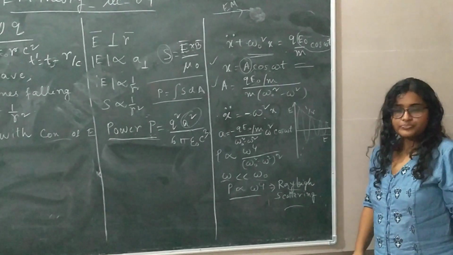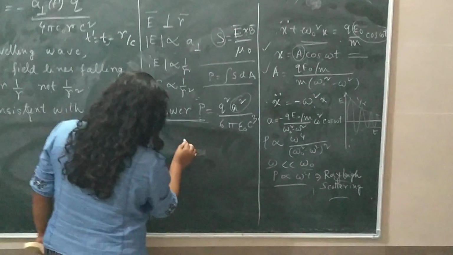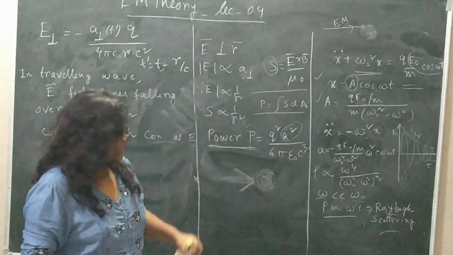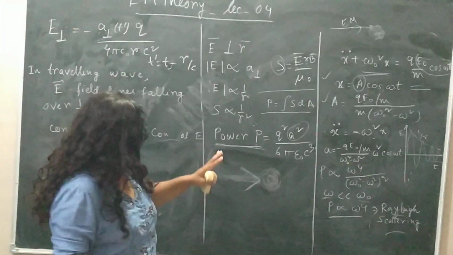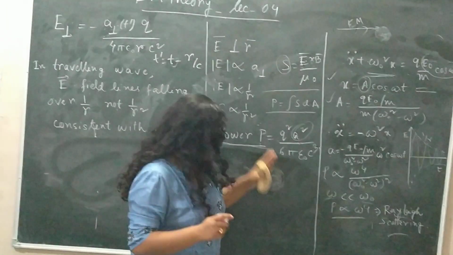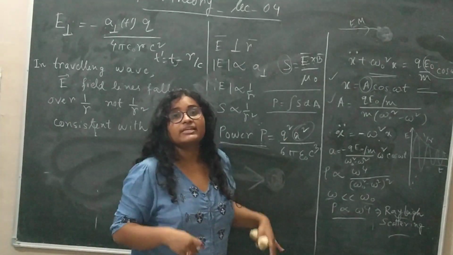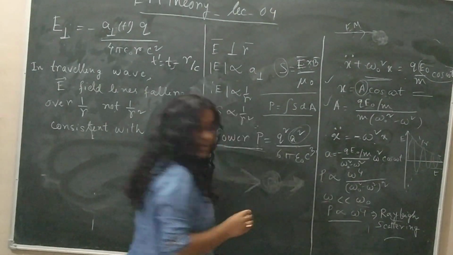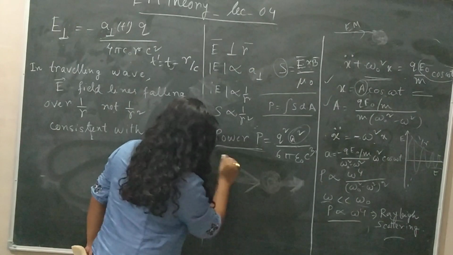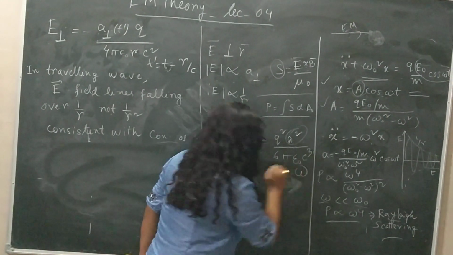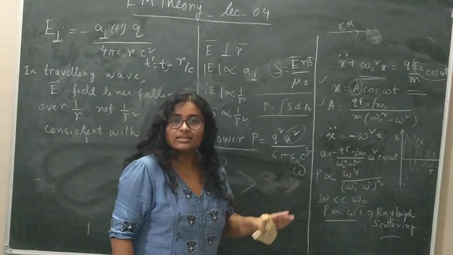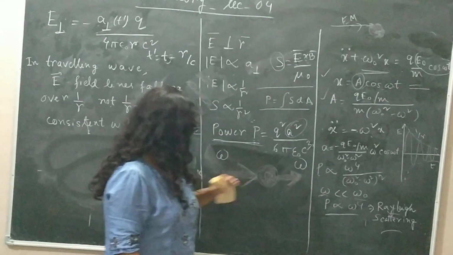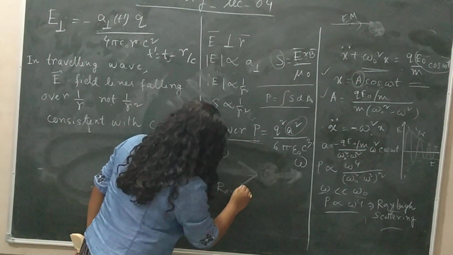So what does it mean? You have some incoming radiation, it will excite a bound electron, and the bound electron, due to its oscillating motion, behaves as an electric dipole. So the oscillatory dipole will re-radiate. The important term here is re-radiation. Why re-radiation? Because frequency omega is incident and frequency omega is radiated. So it re-radiates the incident light at the same omega that was incident. That's why it is called Rayleigh scattering.